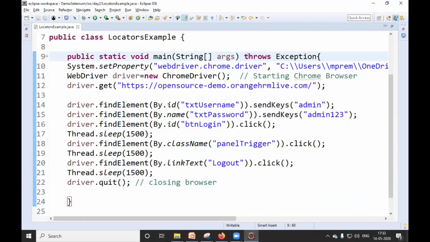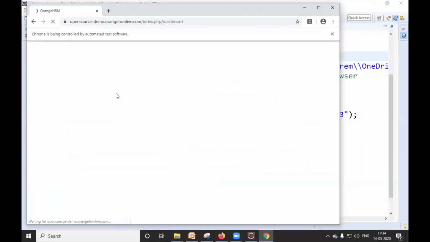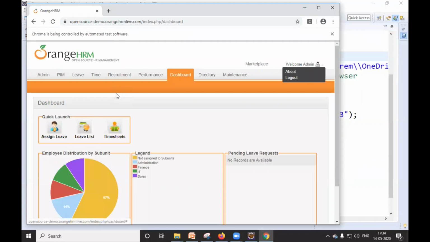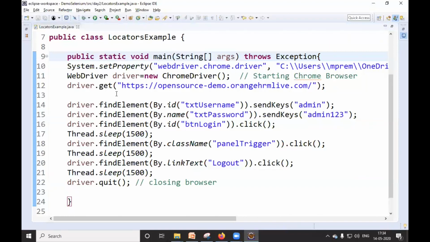Let's see whether it is able to run or not. So my login and logout process is successful. Till now we have seen four element locators: ID, name, class name, link text.